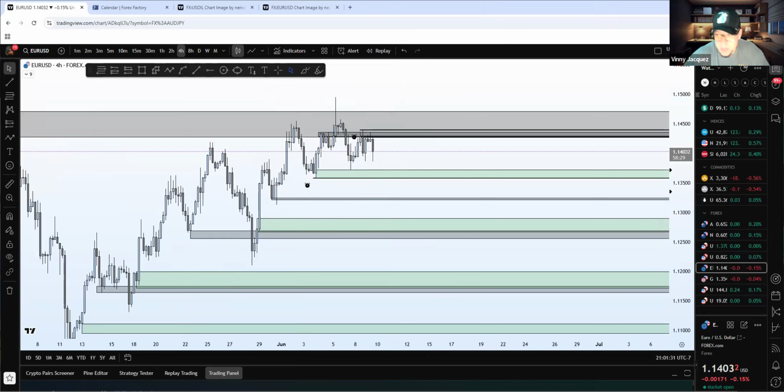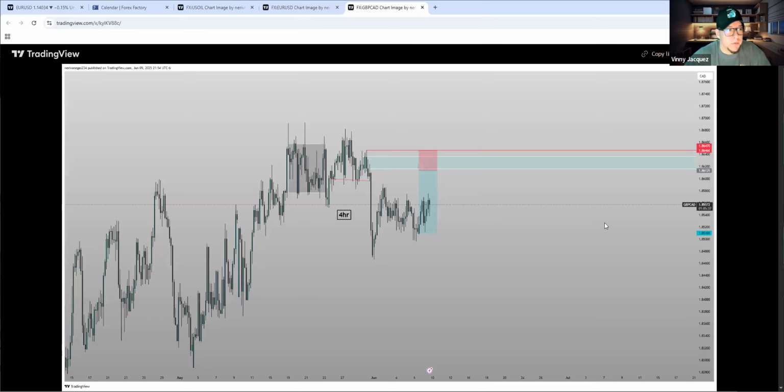I'm trying to rush through this because I know they're already like, bruh, where he at though? GBP CAD. The thing is with GBP CAD, I'm liking buys mainly because the market looks bullish. We have equal highs here, so there's money sitting. We just swept liquidity, so this would be my break of structure. If we could change direction, left shoulder, head, change of direction. Let's get in and send the market up.